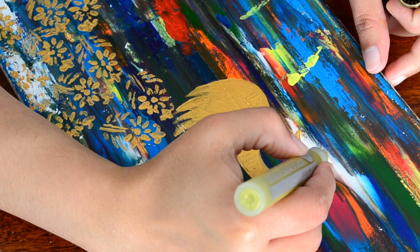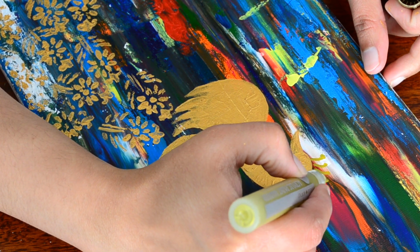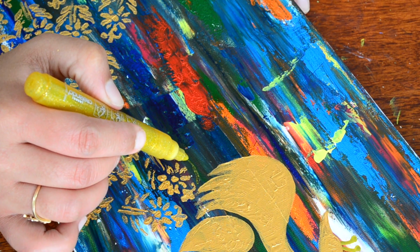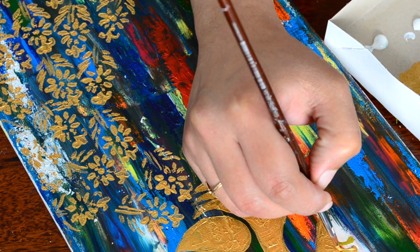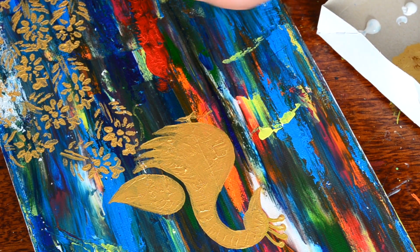Now for the peacock crown, first I used this gold paint marker, but later I will cover it with gold paint itself because the shade was not matching. And here also I tried using some metallic gold marker, but the effect was not coming as well. So first I am doing the legs and then the peacock crown, and then a few details here and there, and